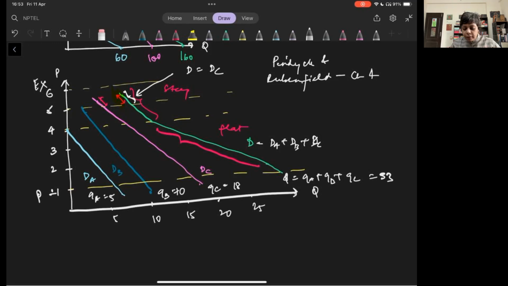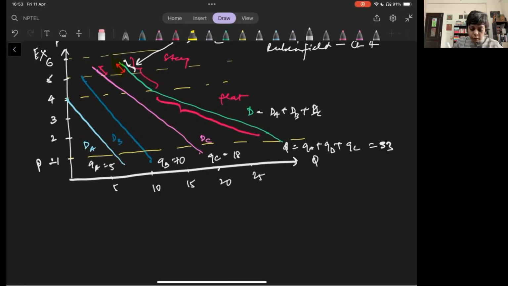Here you have to understand flatness as understanding the quantity. You have to look at the quantity. What is the value of Q for dA? Look at this value. Flatness is what? Q upon P. How is Q changing with P? So for P equal to 1, what is the value of dA? It is 5, right? For dB, 10. For dC, 18, 17. So D is obviously going to be a summation of all these values, so it's going to be much more. So it's going to be much flatter than any of these curves. Are you understanding? You have to look at it numerically, not trigonometry wise.